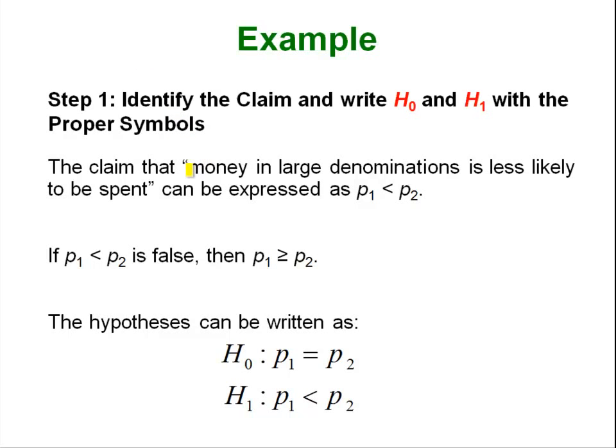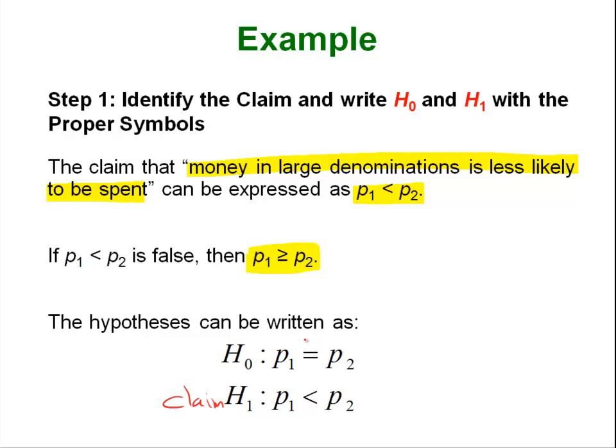Since the claim is that money in large denominations is less likely to be spent, we would express that as P1 minus P2. Because P1 was the group that received their money as a dollar, right? And P2 got it as quarters. So the large denomination group should have a smaller proportion of people who spent their money. And if that's our claim, then P1 greater than or equal to P2 is the complement of that. And we would therefore set up our claim here to be the alternative and the null to be strictly equal